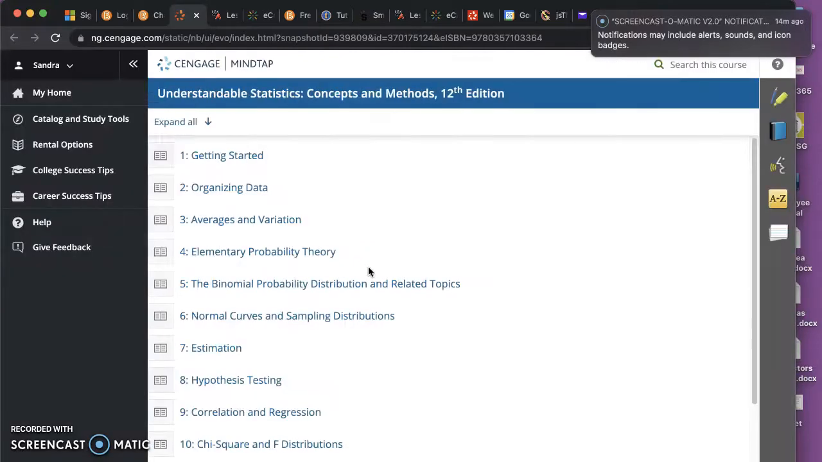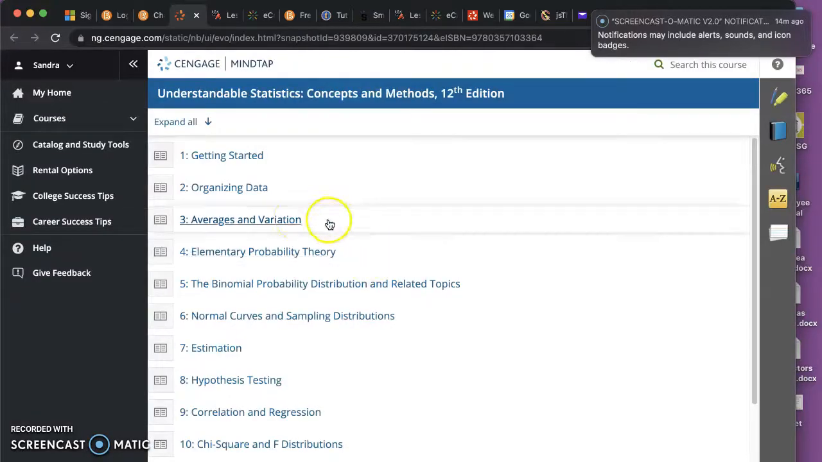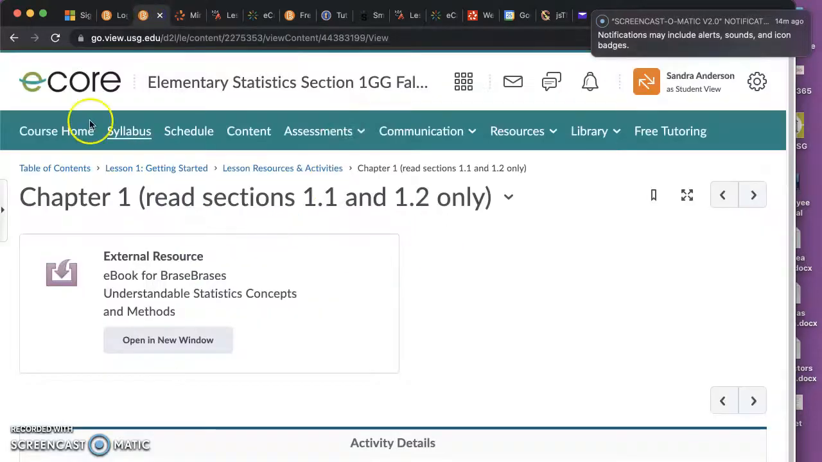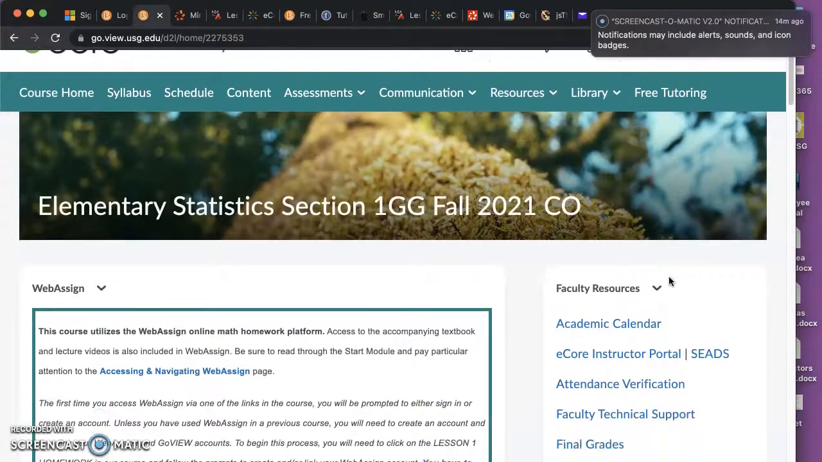So let me take a look at the textbook for you. Here's the textbook. It's really neat. You can actually go into it and take notes and highlight and all kinds of things. So just familiarize yourself with the textbook as well. And the only other things I wanted to show you where they're located, I hope everything's very simple to find for you,